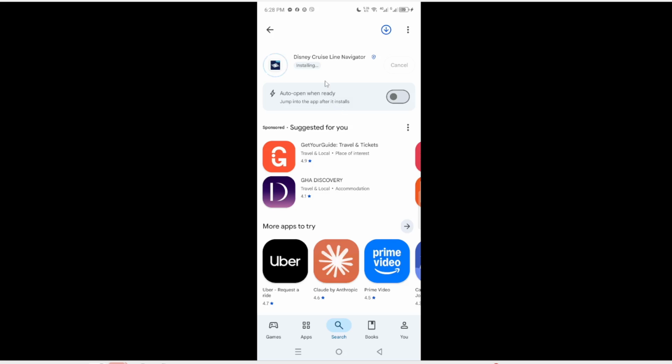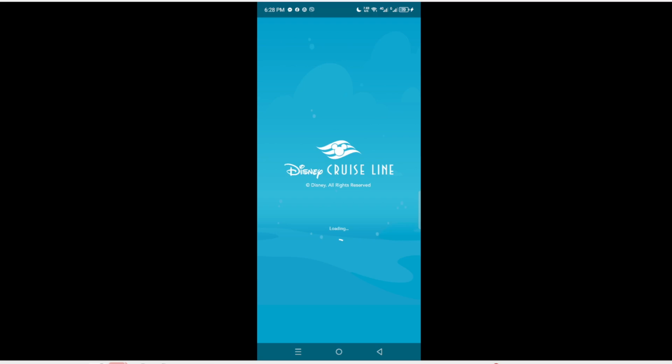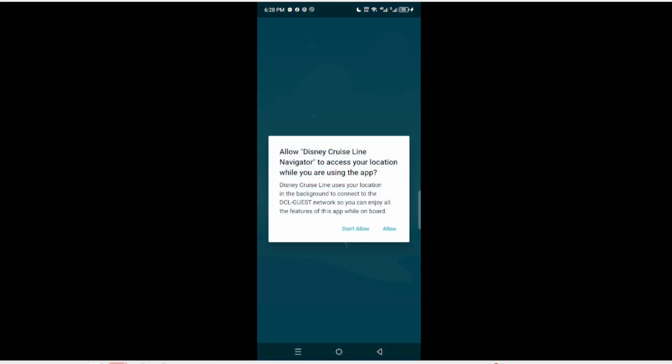After that, once the installation is finished, you can open the app directly from the Play Store by tapping on the Open button. Alternatively, you can find the app icon on your home screen or in the app drawer. Opening the app will lead you to the welcome screen where you can start setting up your account and exploring